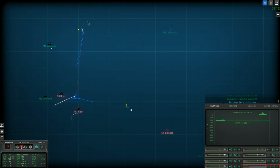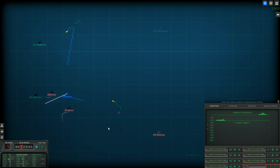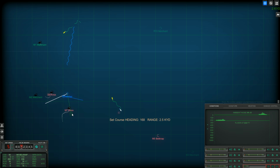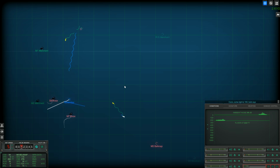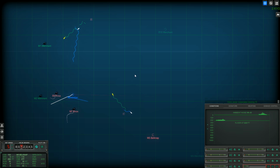Let's get ourselves moving a little bit here. I don't hear the helicopter anymore, so back to 5 knots and bring ourselves in closer to that Nox. I don't want to be anywhere near that torpedo that's coming through, and that is potentially close enough to be able to detect us. Now we've got countermeasures near our torp to the east, and our torp appears to be north moving, and our torpedo to the north appears to be maneuvering as well. But M5's in a different location. If M5's where it says M5 is, what the hell dropped that? No, M5's in a different spot. Okay, yeah, that makes sense. So our first torpedo, our torpedo to the east has missed, so...